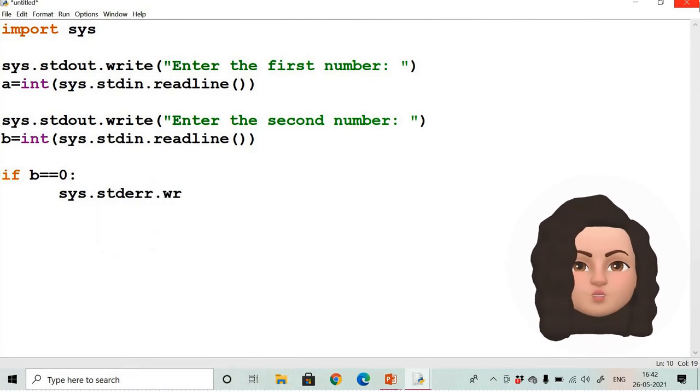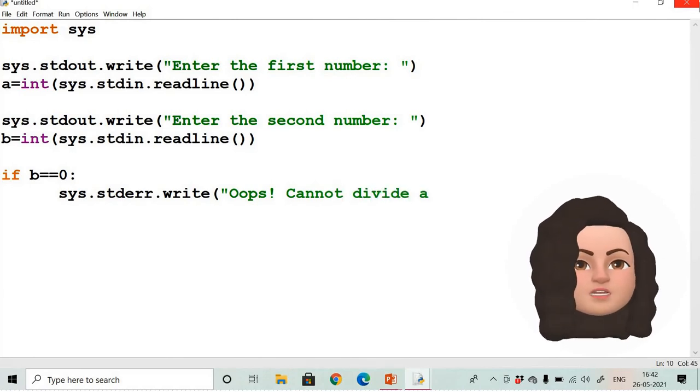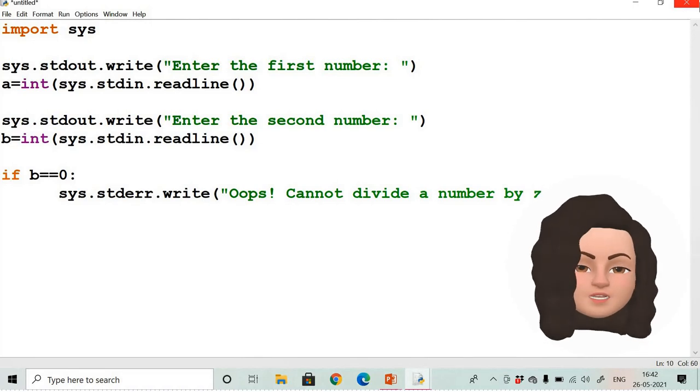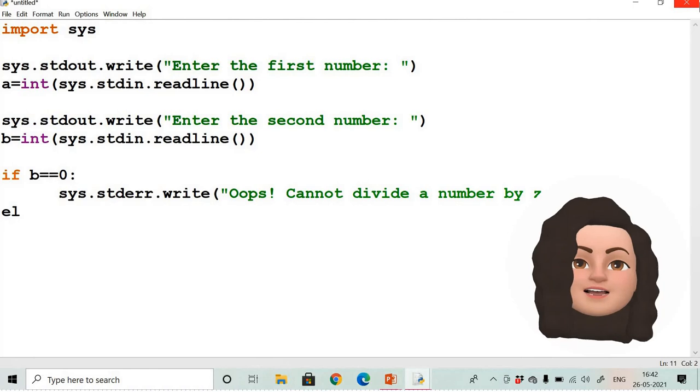When you use stderr, the message will be displayed in red color because it is an error message. So we are writing sys.stderr.write, oops, cannot divide a number by 0. So when the denominator is 0, we are displaying an error message.